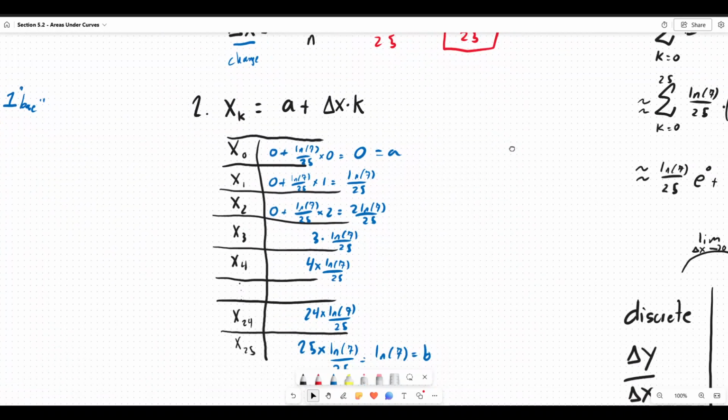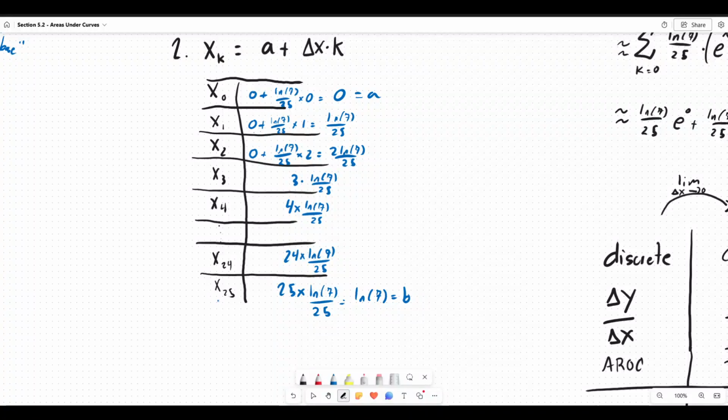Next, we're going to write out all of our x sub k's. So notice x sub 0 is 0, which is a. x sub 1 is 0 plus 1 delta x, which is going to be the natural log of 7 over 25. x sub 2 is going to be 2 jumps from 0, 3 jumps from 0, 4 jumps, 5 jumps. Notice that if we get to x sub 25, this would be 25 times the natural log of 7 over 25, which is natural log of 7, which is b. But please note, in a